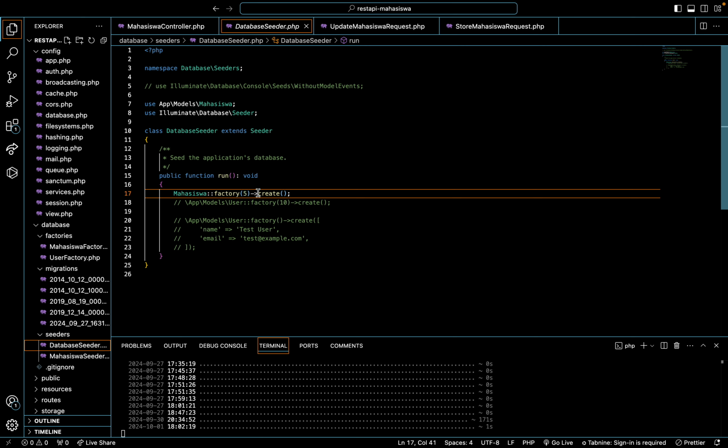And for the mahasiswa factory I manually add this mahasiswa factory, and we need only 5 data, and then create.